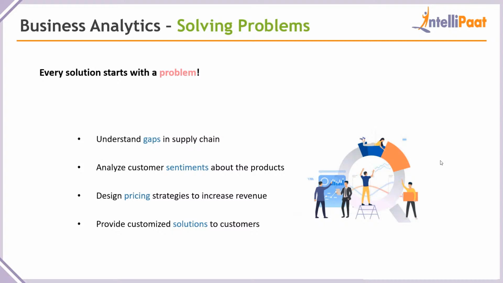And as I've told you, business analytics is all about solving problems. And what happens when we come to a problem? We are going to solve something if we have a problem, right? So the first thing you have to do whenever you're working with any sort of business analytics problem is to find out that there is a problem. Once you understand the problem, then you can solve it, right? So there can be so many problems. You will have gaps in the supply chain, as I told you, right? So you will have 10 products and your customers want 100. You will have 10 and they might only want 1. So all these gaps, why it's happening, how it's happening, this is where you will try to solve these problems.